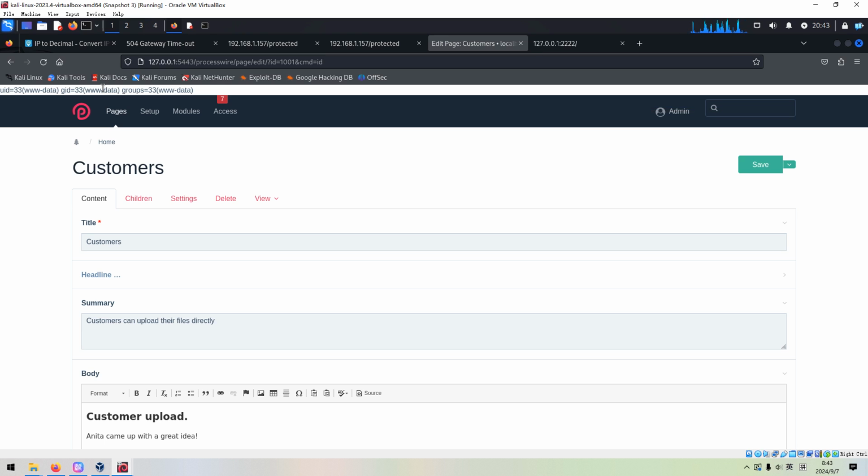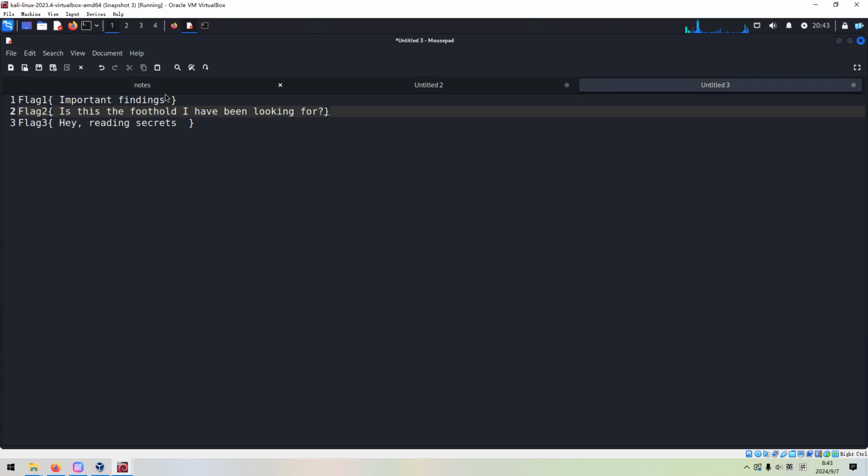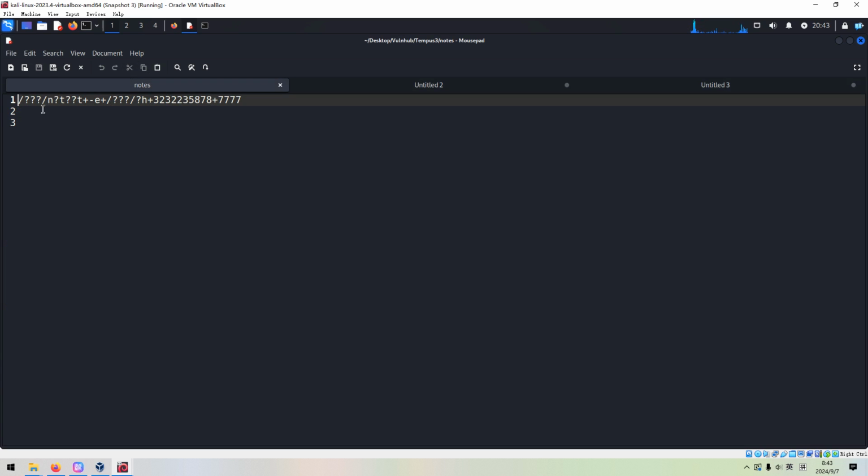Next, we need to get a foothold on the target, and we need to run some sort of reverse shell command. But because this is protected by the WAF, we need to bypass it. And the way, I've already made notes, is we can use wildcards, the question mark.